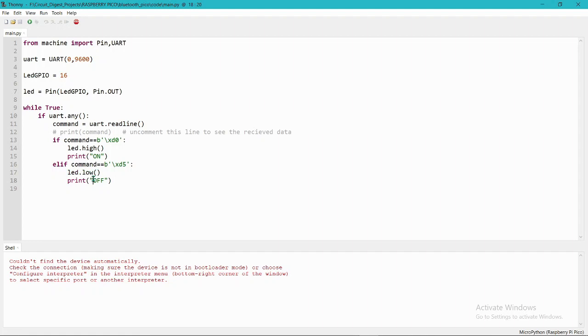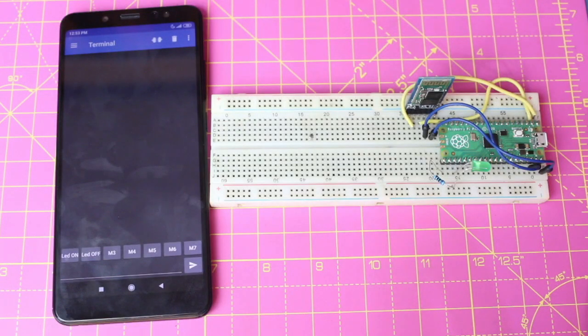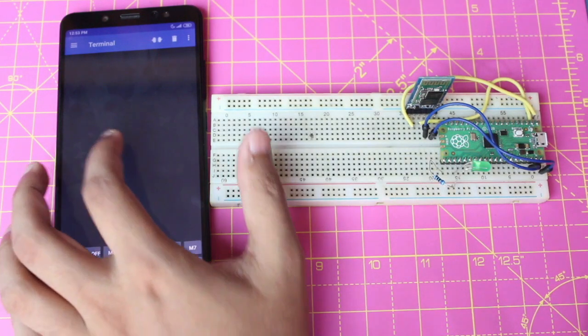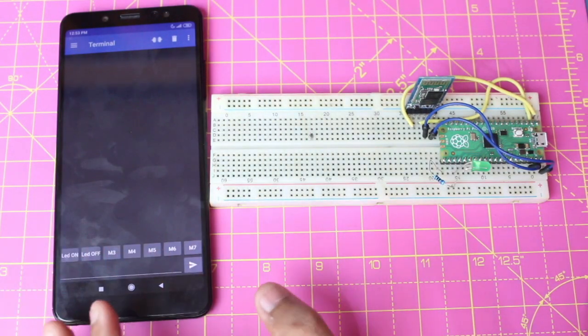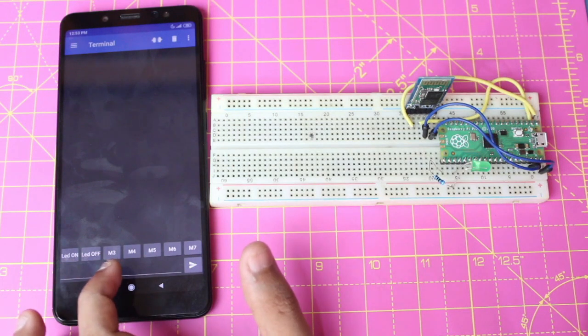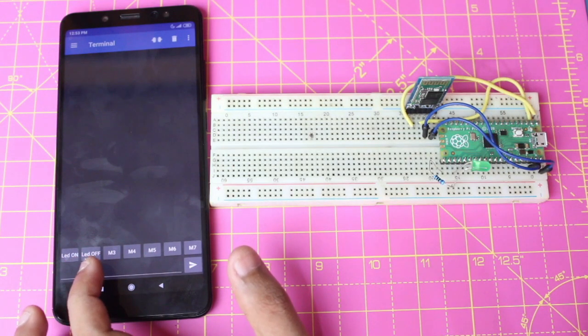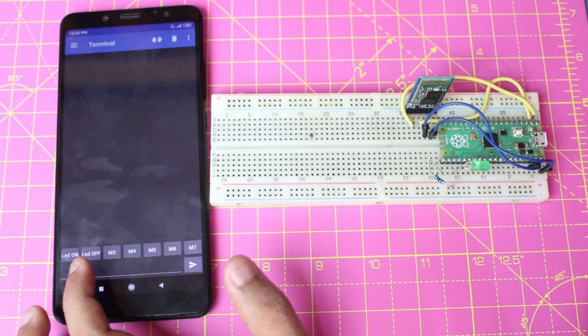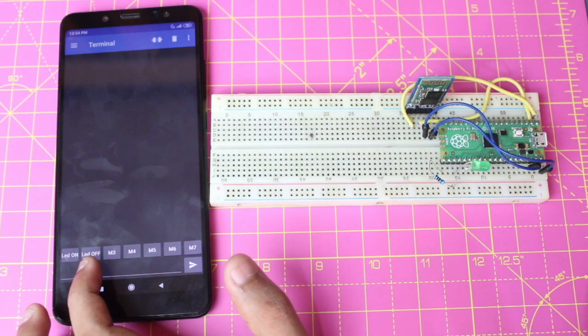Now let's see the Android app structure. In the Android app you have a terminal here, and we need to set these buttons as turn on or turn off. When you install this app for the first time, you will get M1 and M2 instead of LED on or LED off.